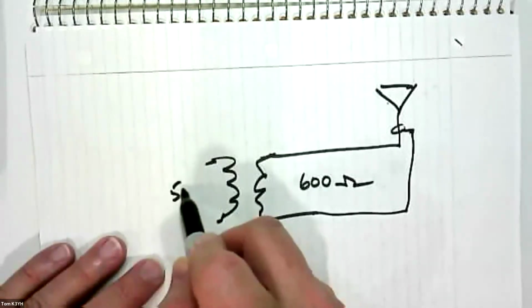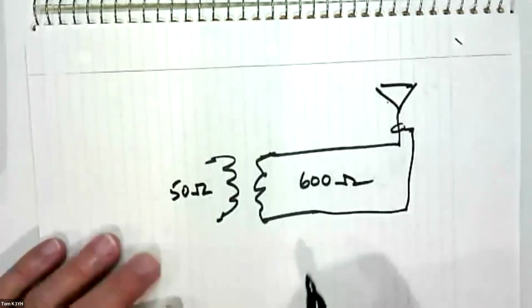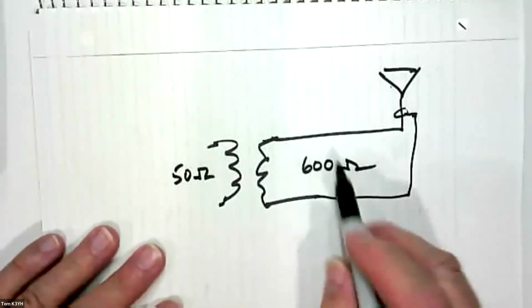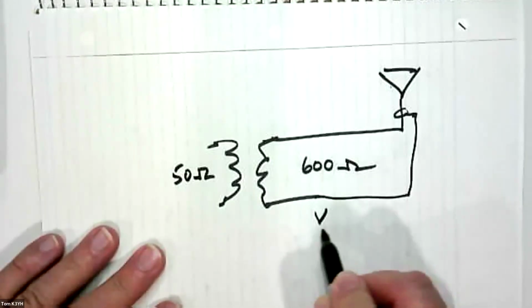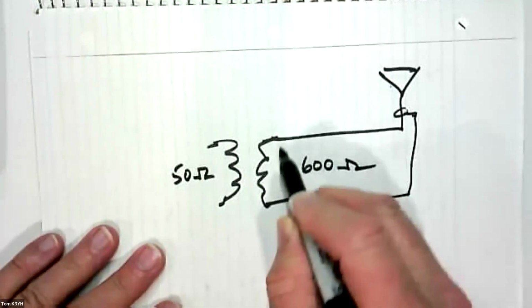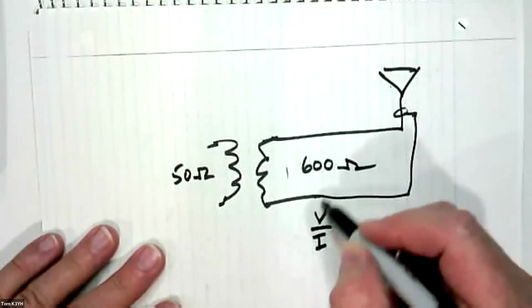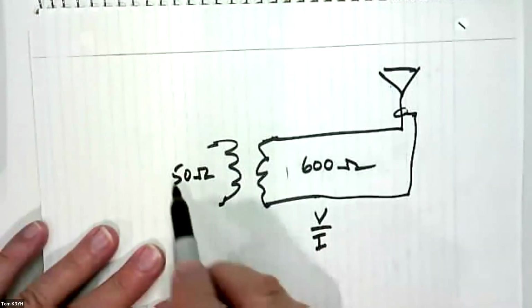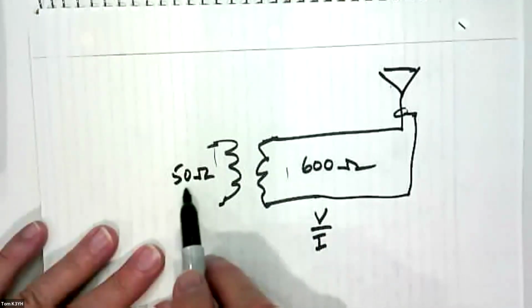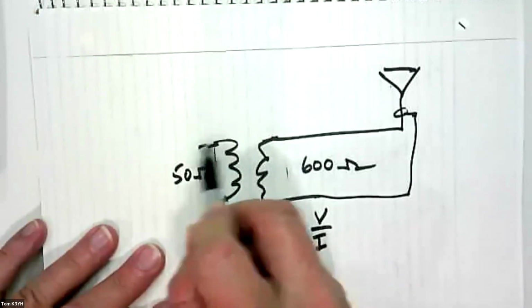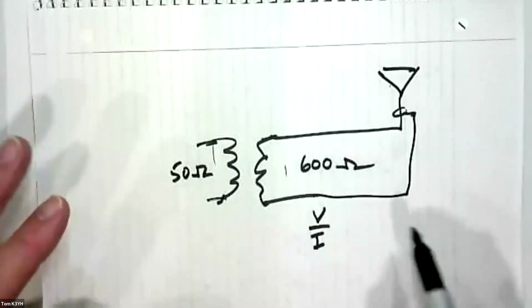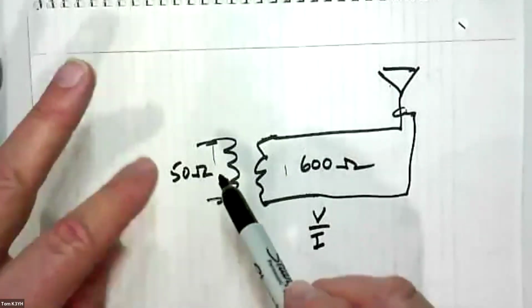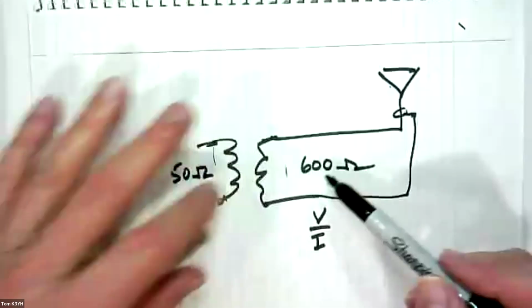And this side, it's 50 ohms. And how I know that, this is V over I, right? So the voltage across here divided by the current gives you 600, and over here the voltage divided by current gives you 50. Okay. Now, I could do all this V times I on this side equals V times I on